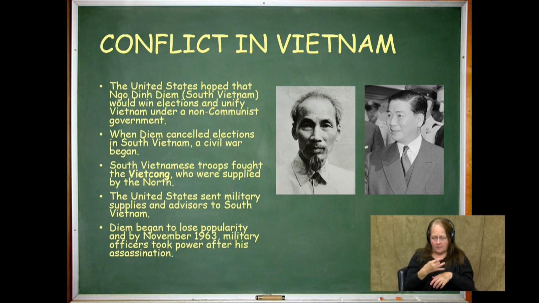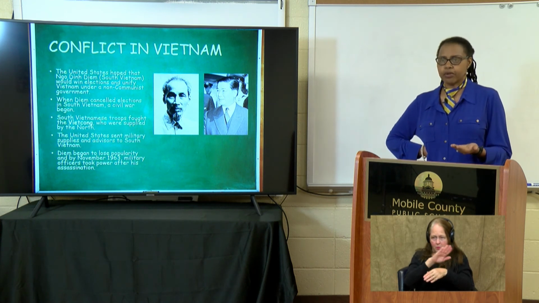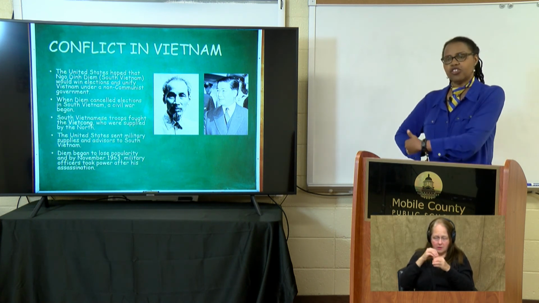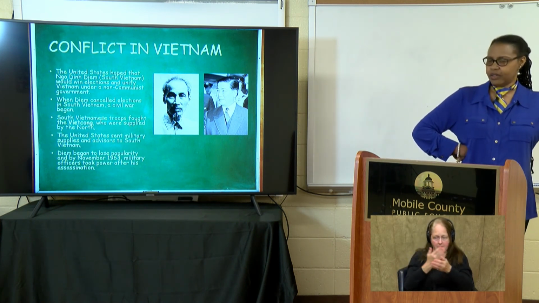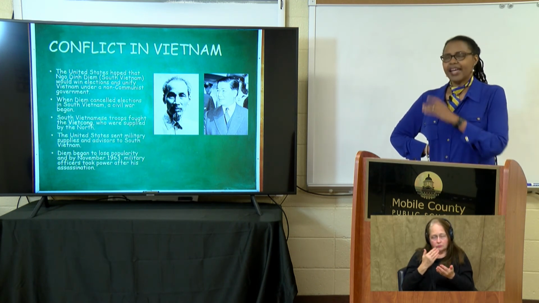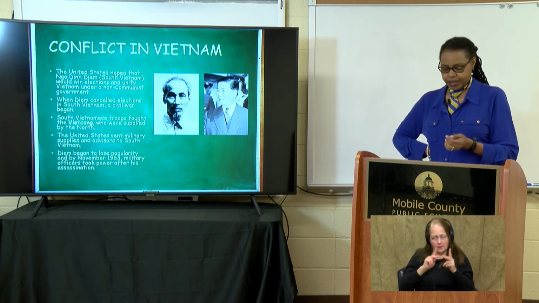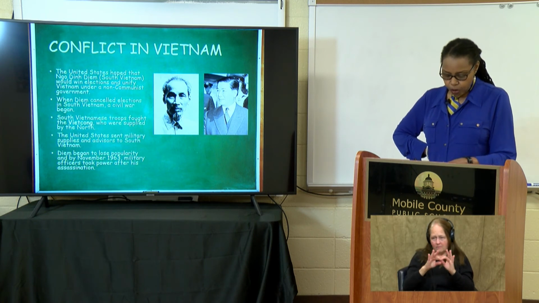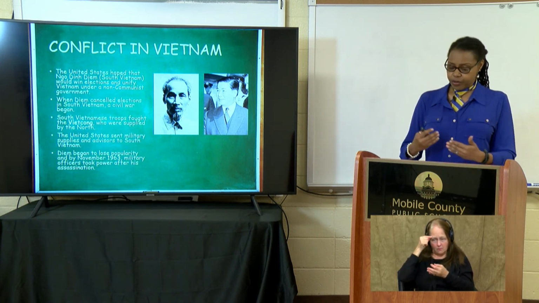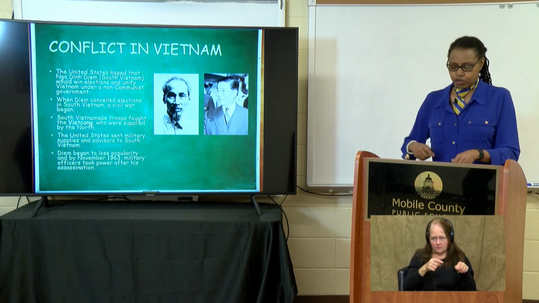And what he had done was this thing called nepotism. And what that means is when you are a person in power and you put your own family members into government positions that they may or may not necessarily be qualified for. And people were not happy with that. So this went on along with some other things that weren't all that kosher.